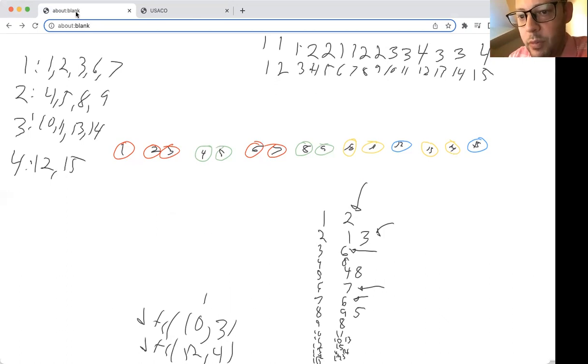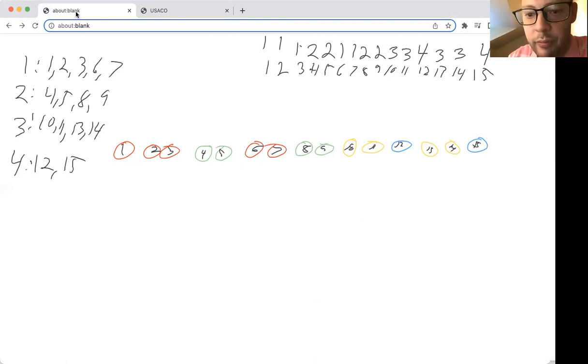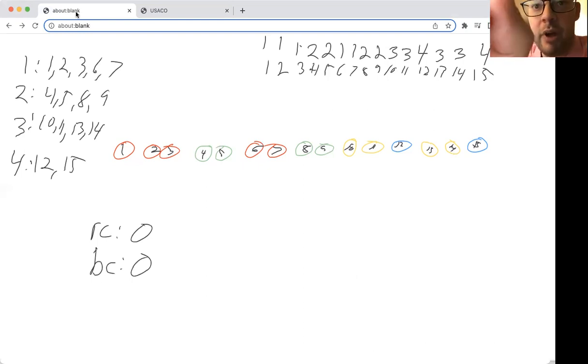Okay. So then what we're going to do is we're going to have a red counter start at 0. Clear this all out. We have our red counter start at 0. We have our blue counter start at 0. That's the index of which red node we're looking at. So for example, since